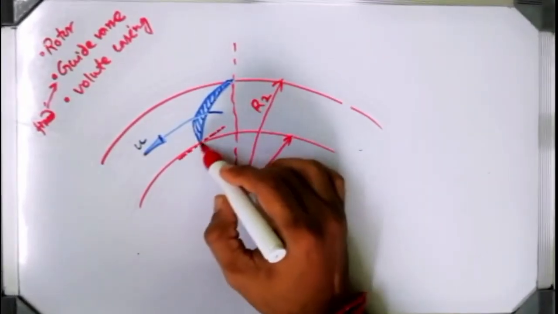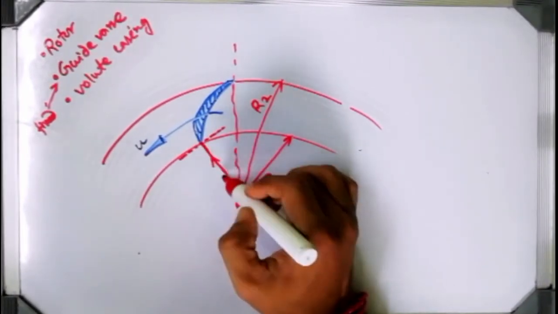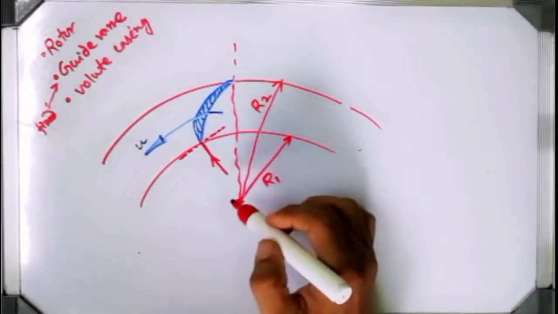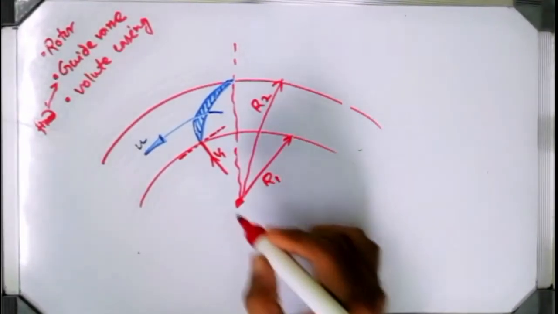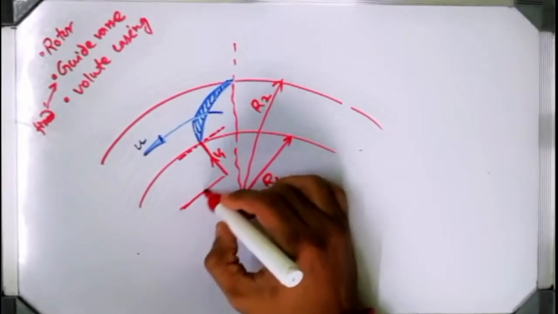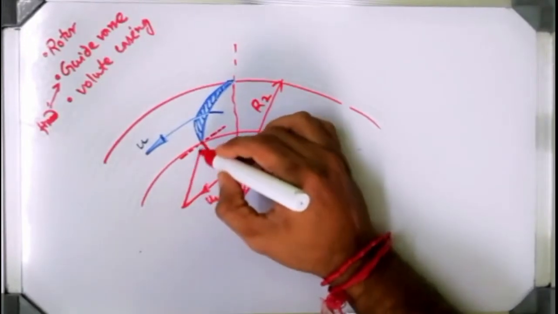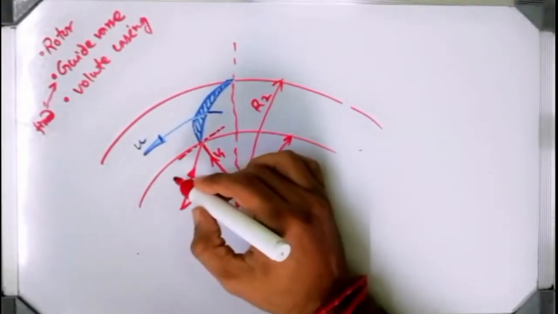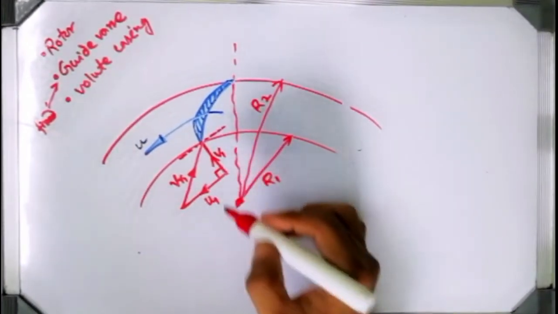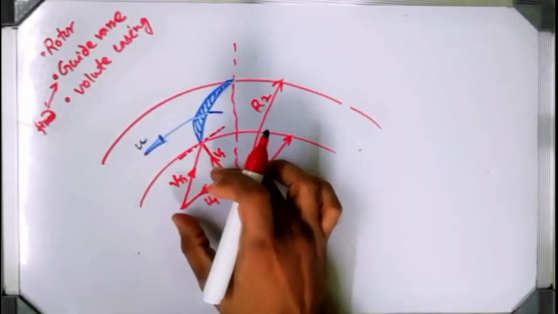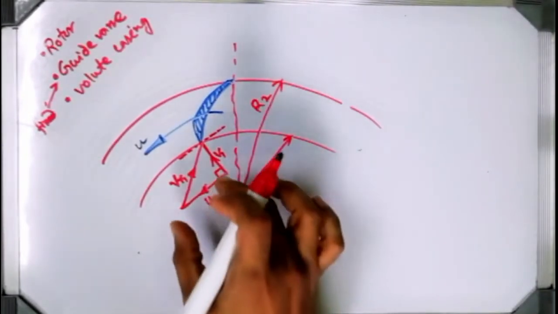This dotted line represents a tangent at the inlet point of the blade. With this tangent, this is a perpendicular component of velocity. This is known as the absolute velocity at inlet, V1. And the direction of the blade is obviously in this direction, that is U1. The resultant component is known as VR1. This angle is 90 degrees because it is a radial inlet. That same kind of diagram you have seen in the outlet part of the Francis turbine. If you recap that part, you can see that kind of right angle triangle.